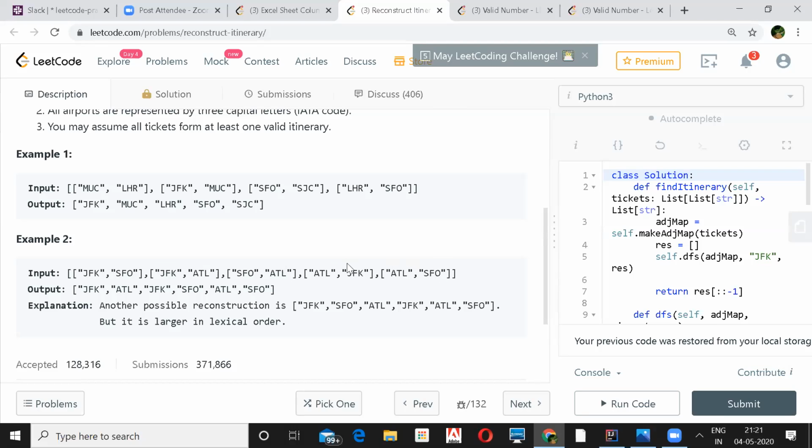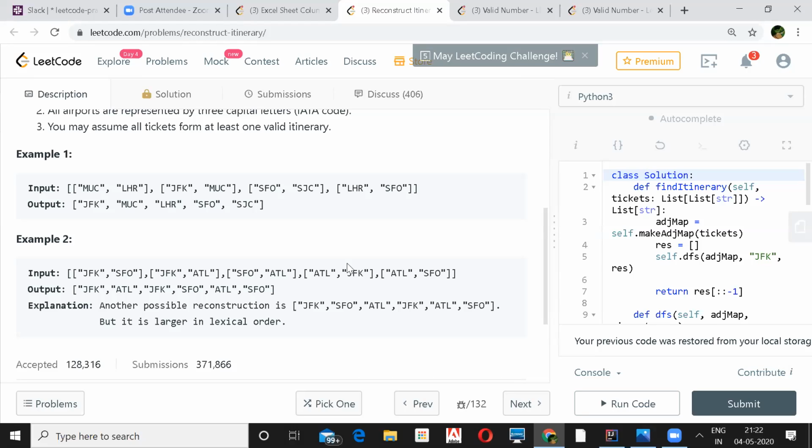Usually for our visited set, we mark the vertex as visited or not, in many of the problems. But here we have to mark whether the edge has been visited or not. So that's the whole difference, thinking differently.